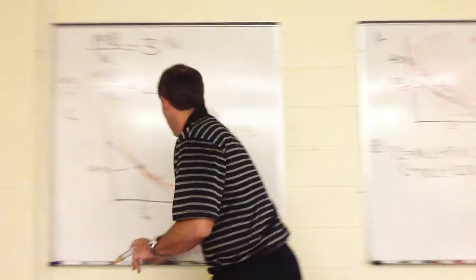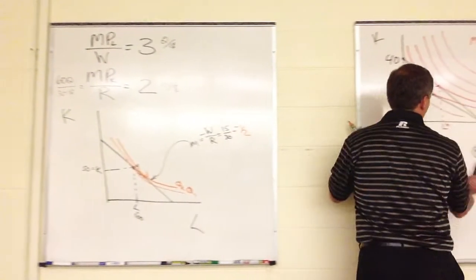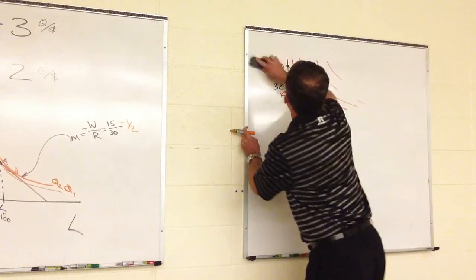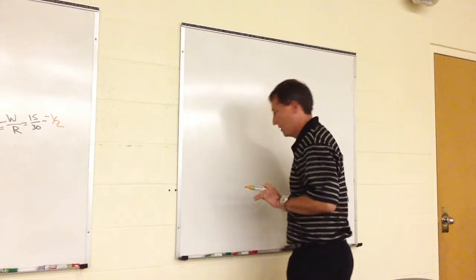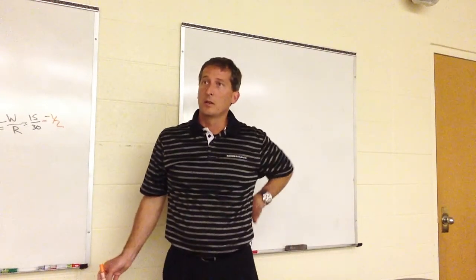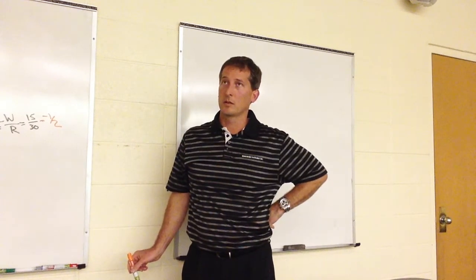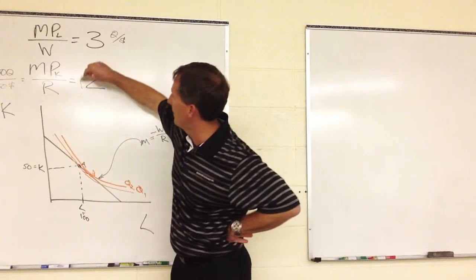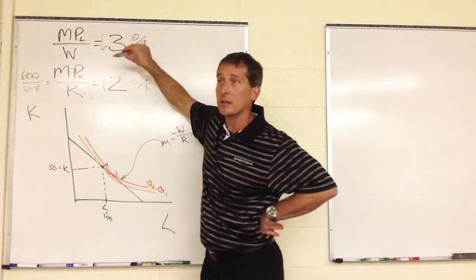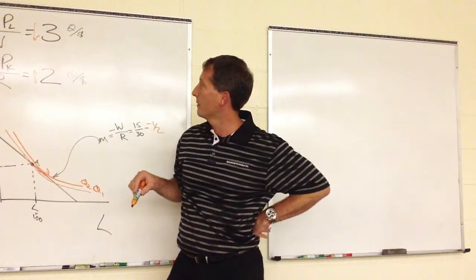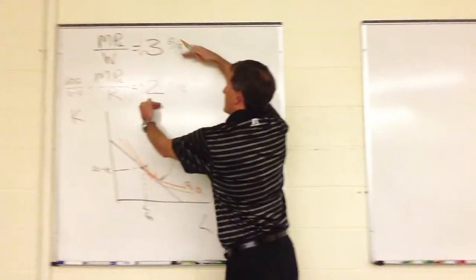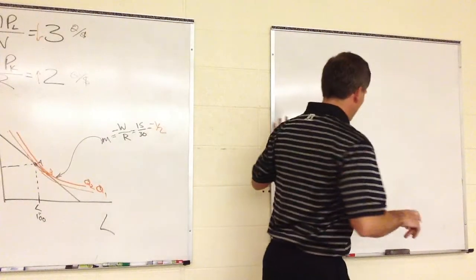So let's have a quick little review of some things that come to mind for the test. I have a question. Yes. By changing that, if you decrease your amount of capital and increase your amount of labor, your marginal production rates would change, right? Yes. So your productivities are going to change. This one's going to come up. This one's going to come down. They're going to meet in the middle at the optimal. And so that's what we're really doing. By reallocating, this one's not staying fixed. These are actually converging on each other. Okay, so